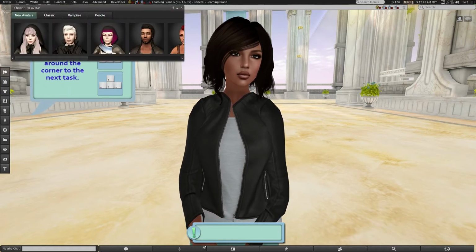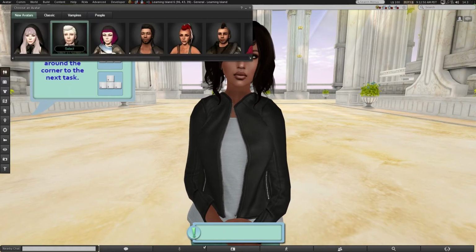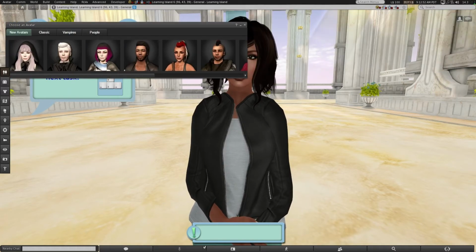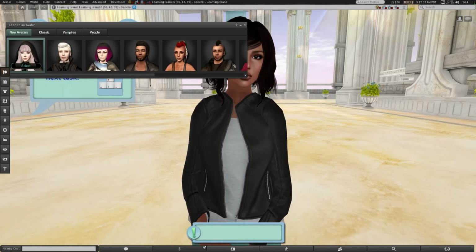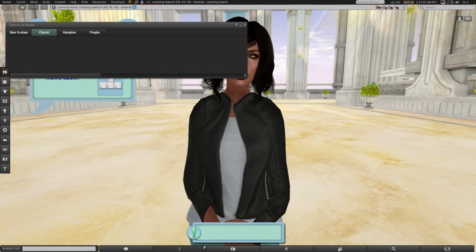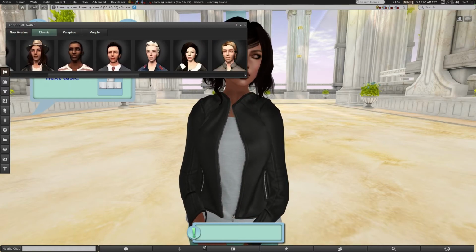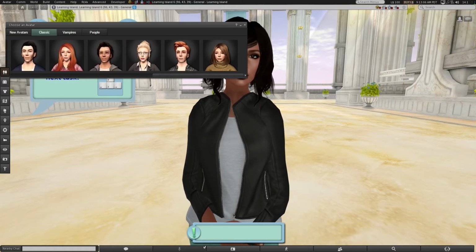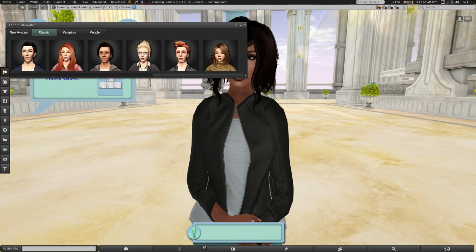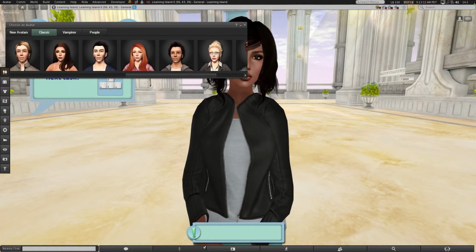So we are going to start off with the avatars. The ones that you saw in the beginning of the first video are also here, so if you wanted to pick any of those and you missed out on them, you can click them and they will show up in your inventory. So here are all the classic ones. We have a bunch of pretty girls and boys. These are the ones that I still do recommend because they are not mesh and you can wear them with multiple stores. There still are a lot of stores that do system layers as well as